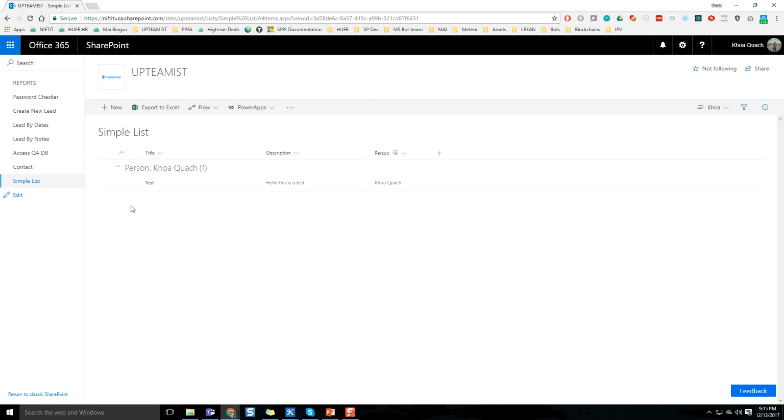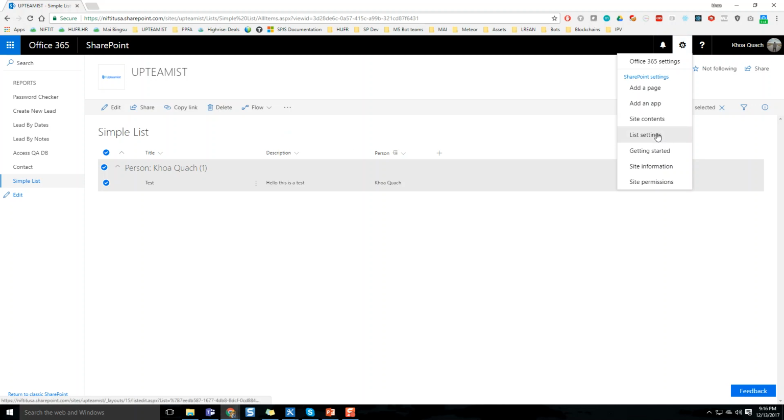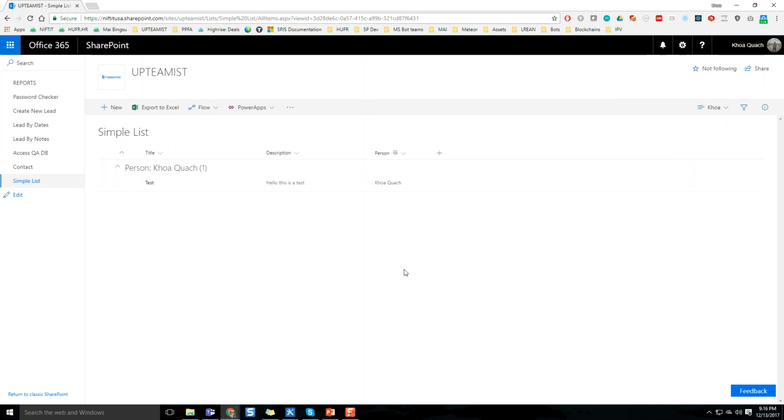One thing to notice too is that you don't have access to the ribbon anymore. That is something that used to appear right here on the left, and I'm actually going to turn on the classic SharePoint view later on so that you can see that. But it's no longer available. All the interaction is going to be done from this navigation up here, and you're also going to have access to your list settings from this menu right now. They put it in the cog icon dropdown. So that's how to create views in the SharePoint modern view,